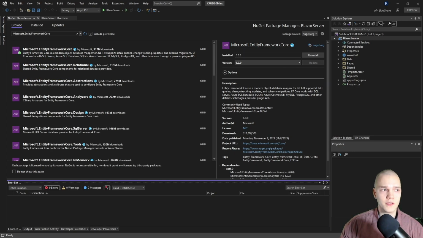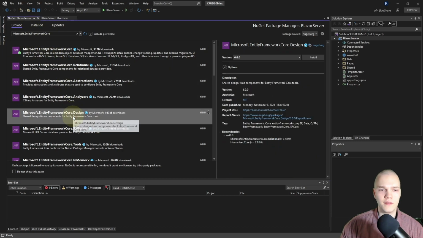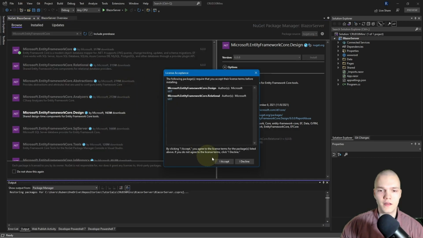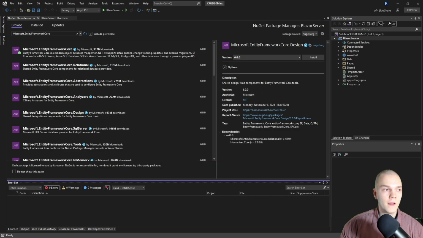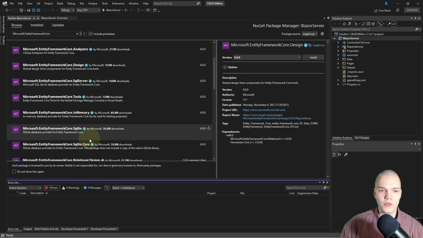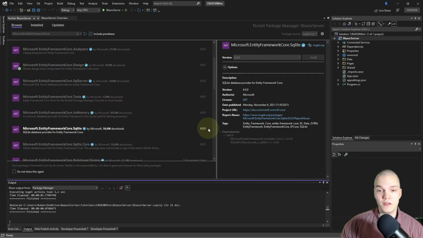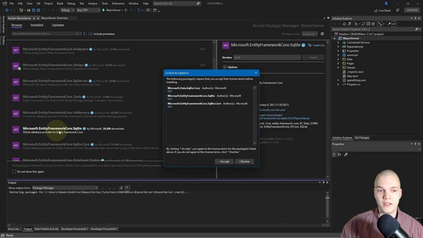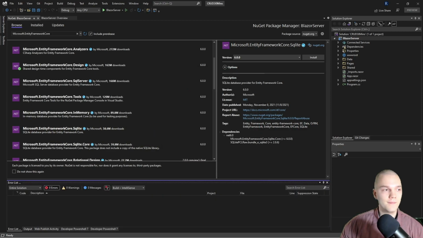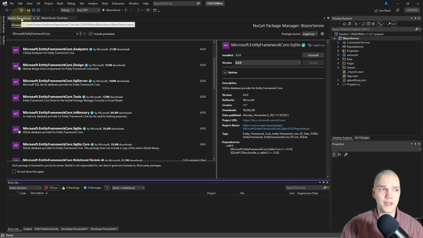And then I'll also install Microsoft.EntityFrameworkCore.Design. This one, it shows up. And accept. And I'm gonna scroll down a bit and also install SQLite, Microsoft.EntityFrameworkCore.Sqlite. And accept that. Okay, and that's all the NuGet packages we'll need for this tutorial.